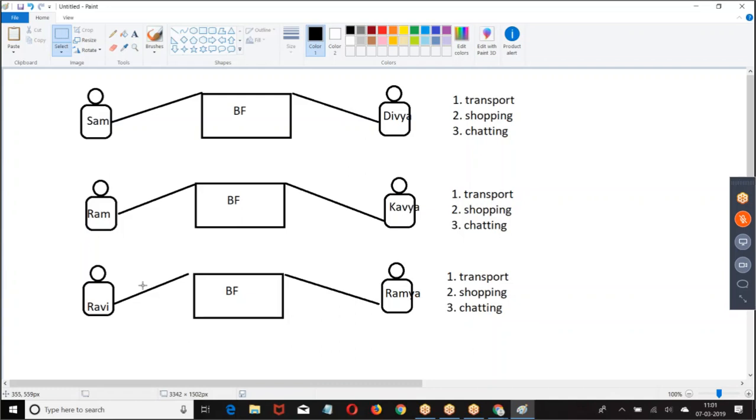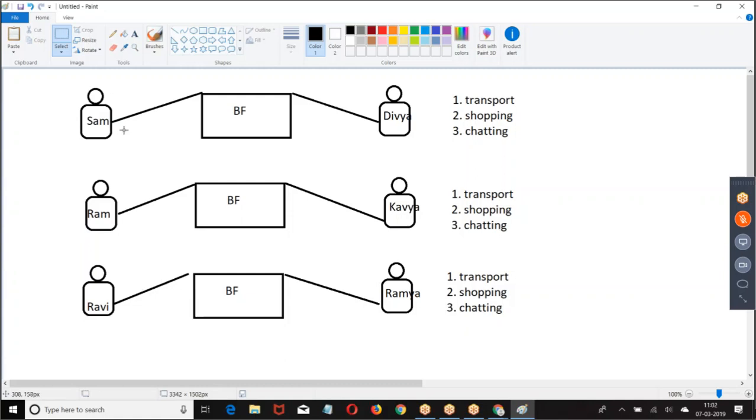In all three cases, you are providing a service of transport. They are saying transport service is a must, but how you provide this service is not defined by us. We only define what services you have to offer. We will not define how you have to offer. How Shyam provides the service is up to the choice of Shyam.